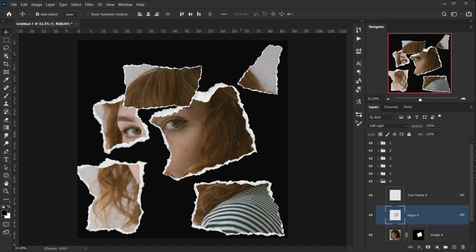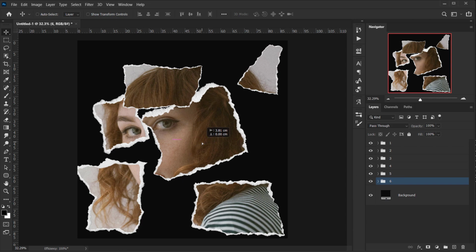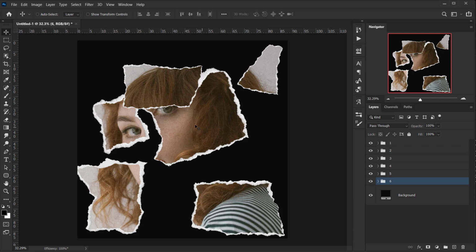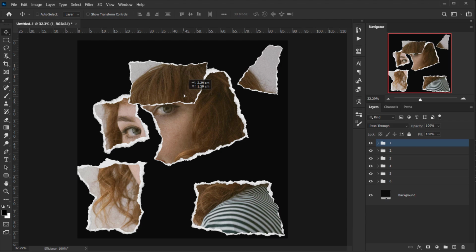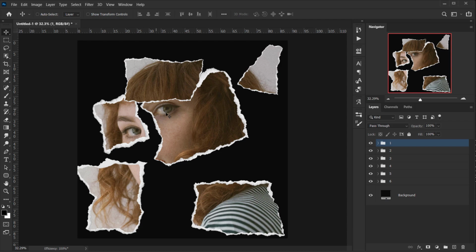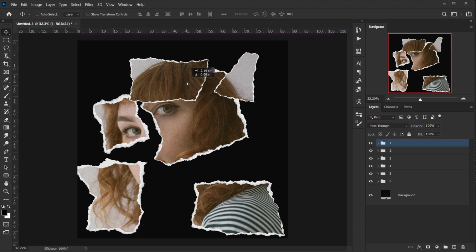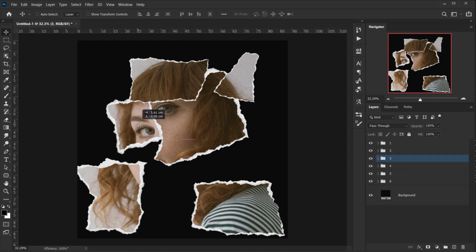And I will want to select this one, number 6. I want it to be a little bit up. That's right here. And the number 1 a little bit in this area. And we can go and change the position of the image if we want. But now I think it will work very well. So let's go to the group number 2, and this one I will put right here, maybe this one a little bit inside, and number 3 is this one. So I'm just going to take it and put it in this area. Yeah, something like that. I think it will work.